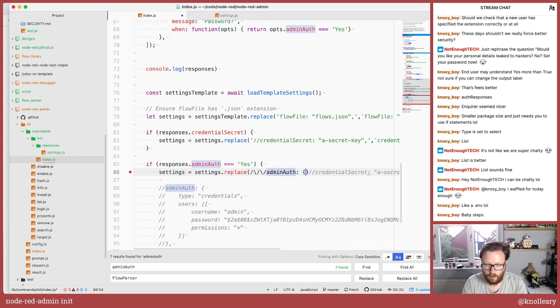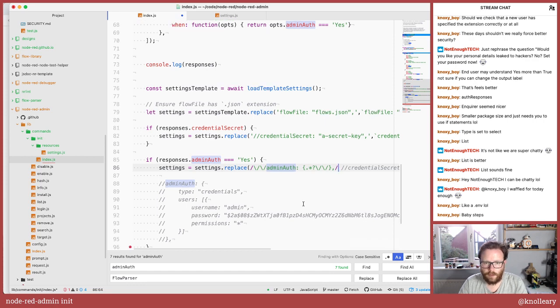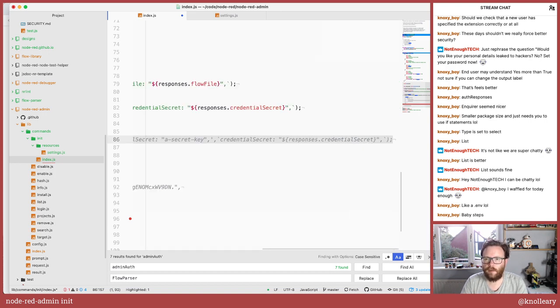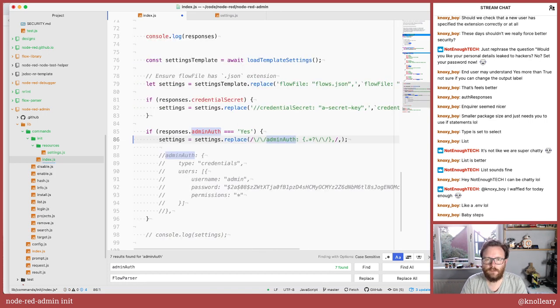Adminauth blah dot star greedily until we find that. So I think if I've got that right, that will match that whole block. And we're going to replace that with